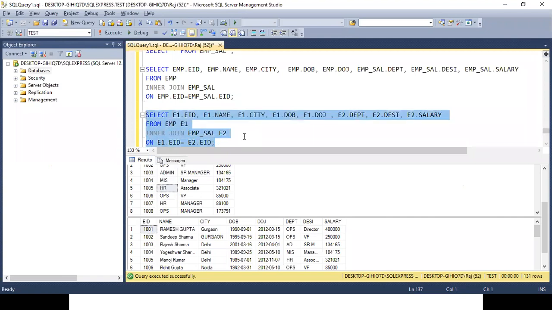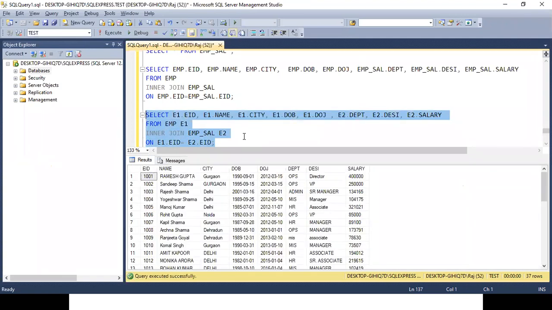Let's execute this. I am getting the same result.